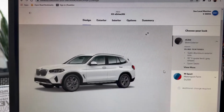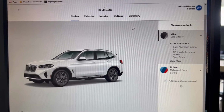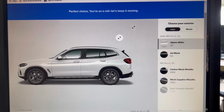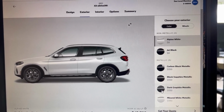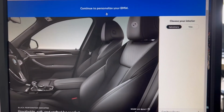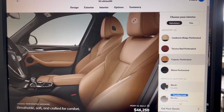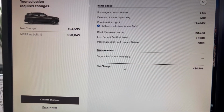So now let me switch to a more practical car here, which is the X3. Want to kind of figure out features for the cars. Now, brands like this, what they do that's so different than your mass production brands, basically, is that there's packages. When you look at that interior, things of that nature, there's so many to choose from. But keep in mind, when you're picking these nice leather interiors,